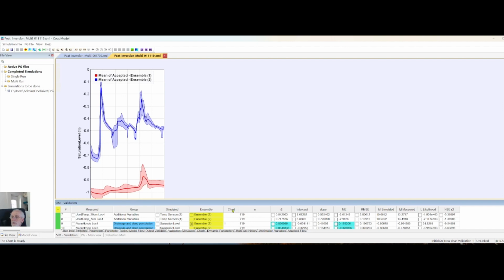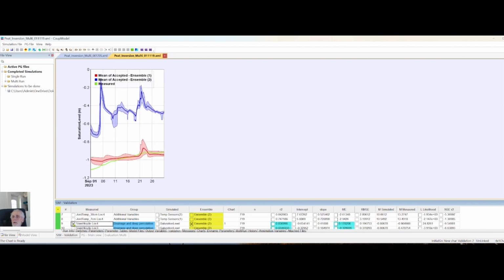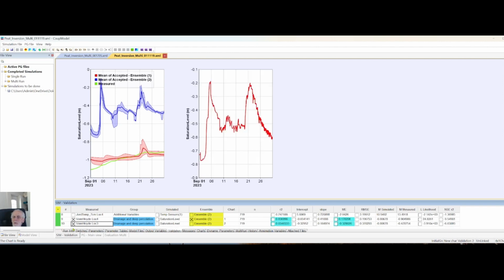Now you see, we have 2 ensembles, and one is high and dynamic, and one is low and less dynamic. And those can be compared with the measurements, and then we have the green line showing relatively good performance with the red band of this ensemble 1, and the next,